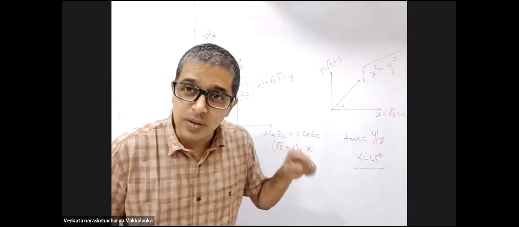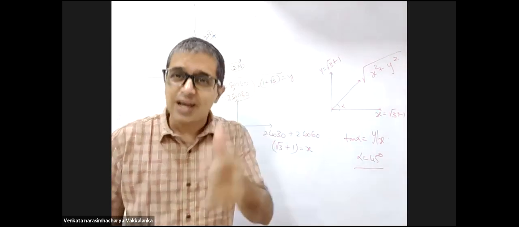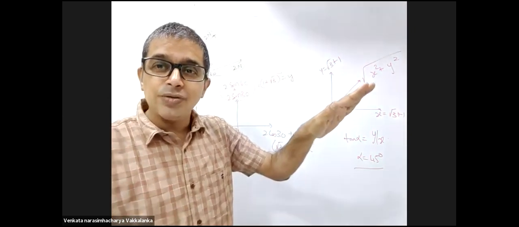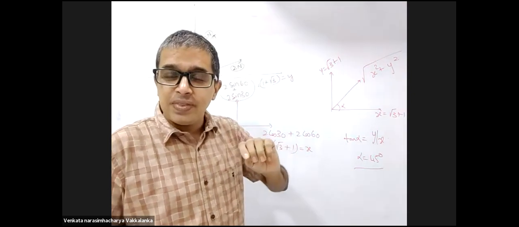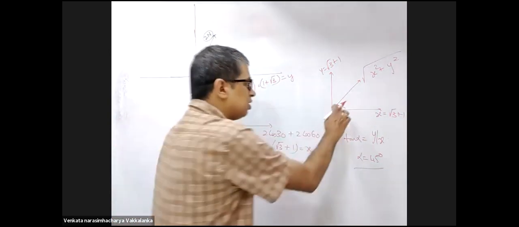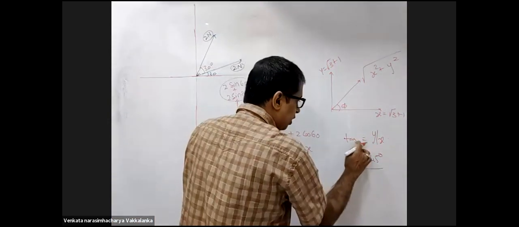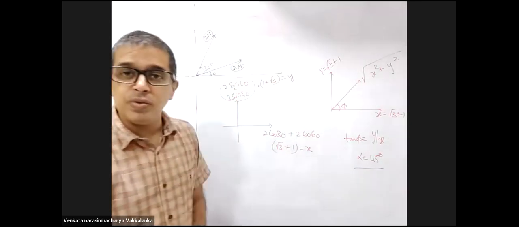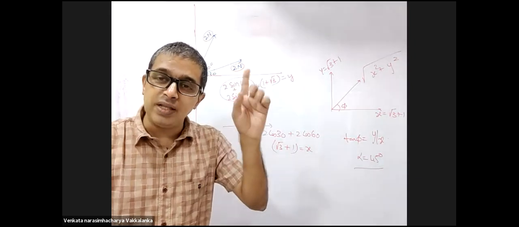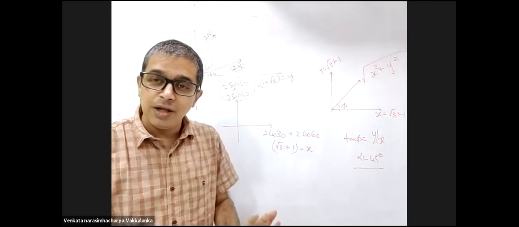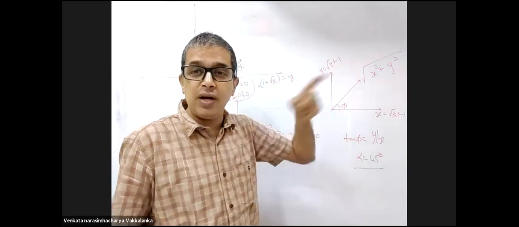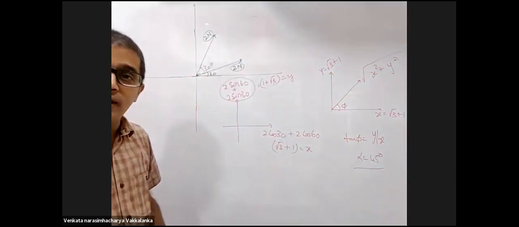This is the angle it makes with the x-axis. In the previous case, you got the angle with the vector A. That angle was 15 degrees plus 30, 45 degrees, which it makes with the x-axis. Call this with a different symbol, phi, to avoid confusion. Phi is the angle the resultant makes with the x-axis. Alpha was the angle the resultant makes with vector A. Both the answers are the same. You can calculate root over of x square plus y square and confirm with the answer given there.